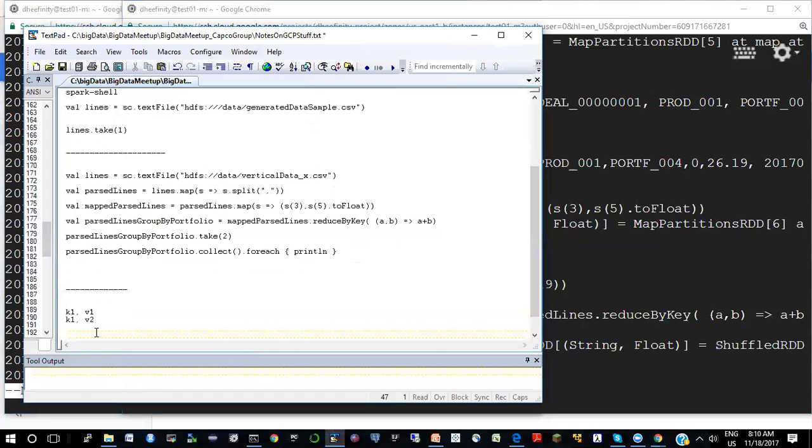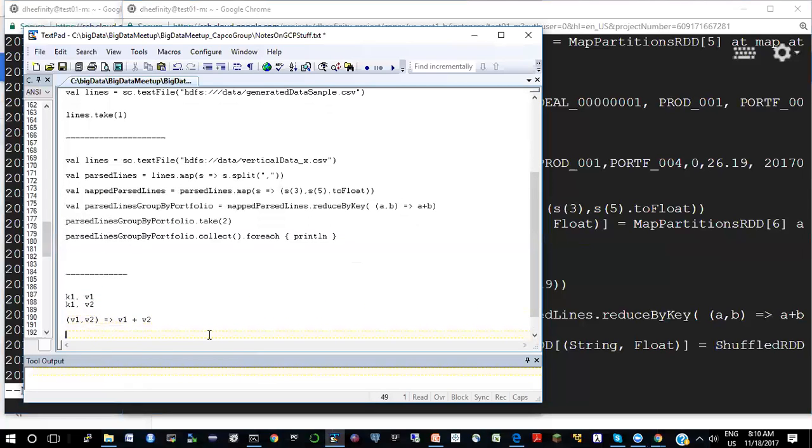So what you're saying is take V1, V2 and reduce that to V1 plus V2. So you take these two and then make